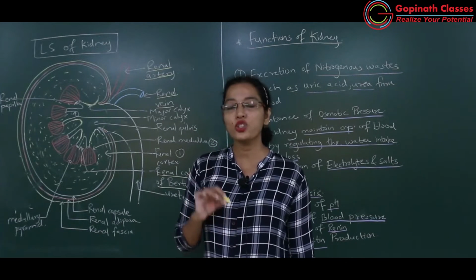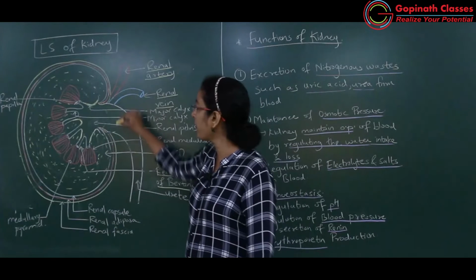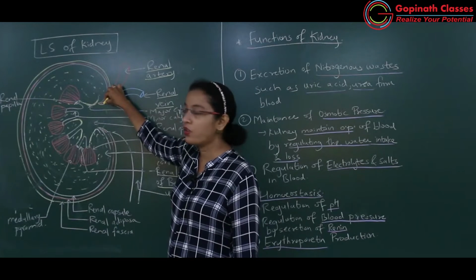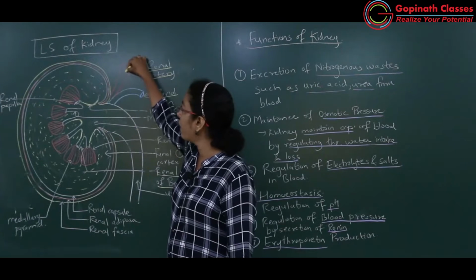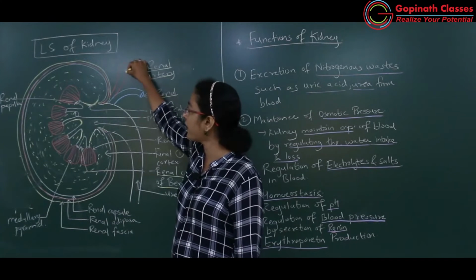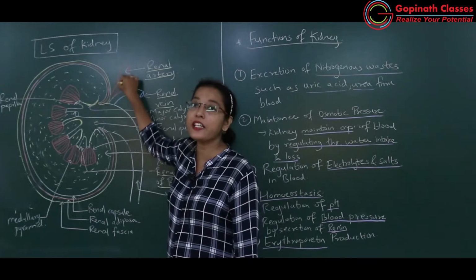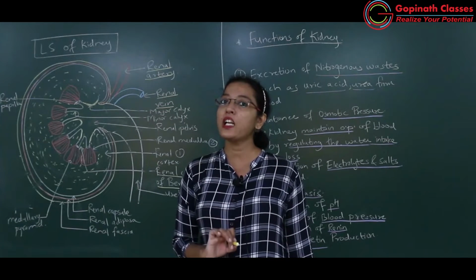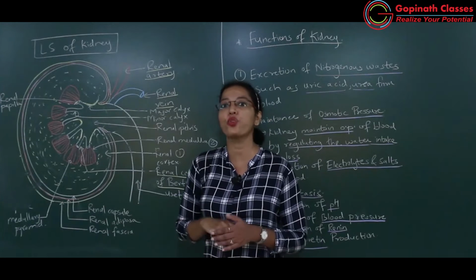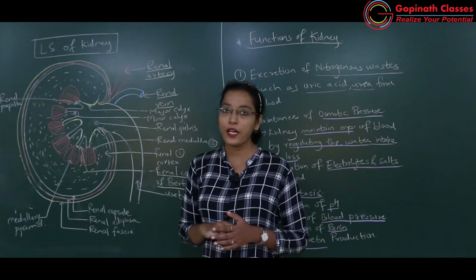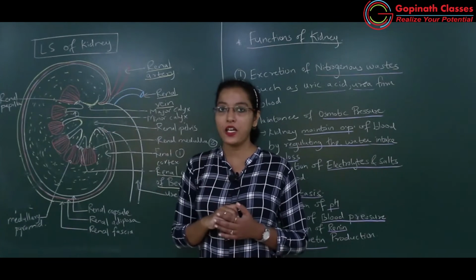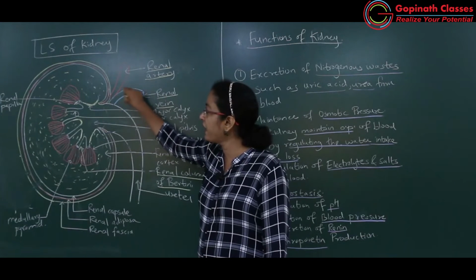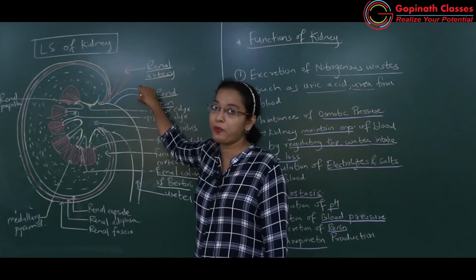Okay, and we have also studied what is hilum. Hilum is the notch like structure. Okay, this is the notch like structure which is having renal artery. So renal artery is entering the kidney. Renal artery will supply oxygenated blood to the kidney, but renal artery will have more of urea. Okay, why? Because it is coming from the heart side, wherein the renal vein which is there, it will carry deoxygenated blood coming from kidney.